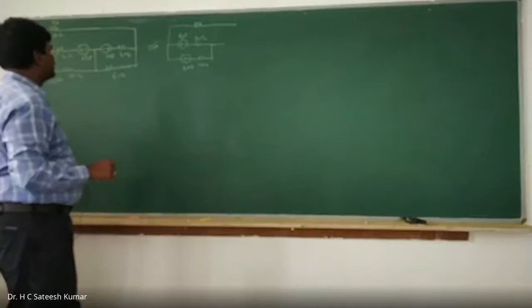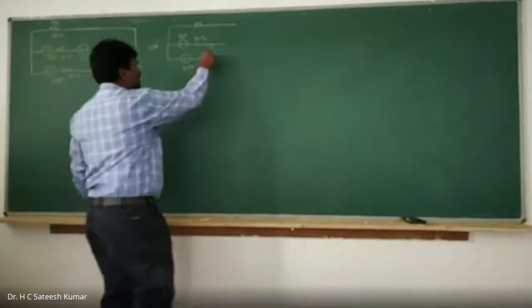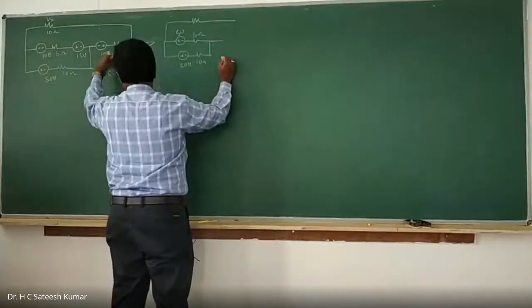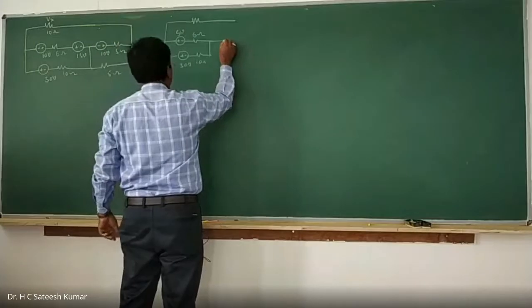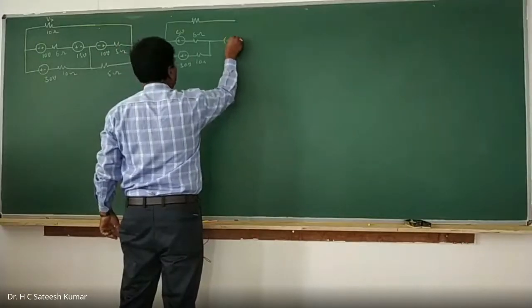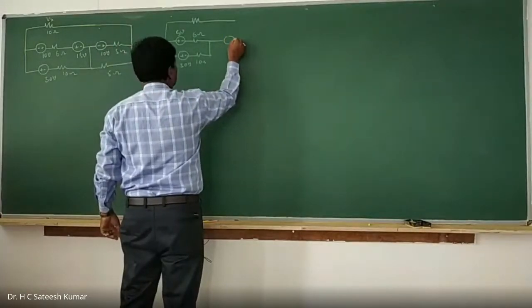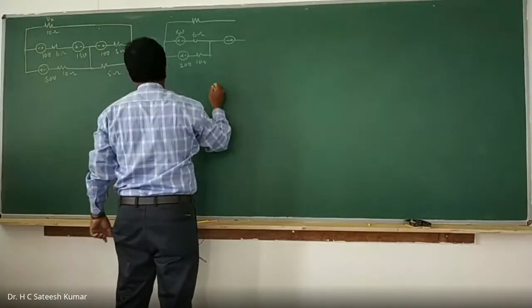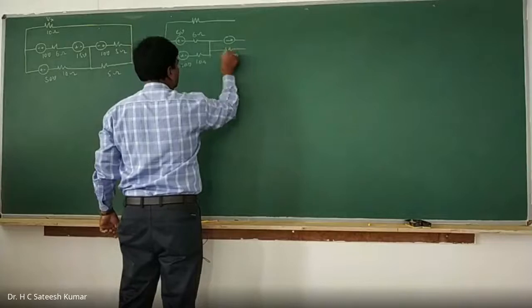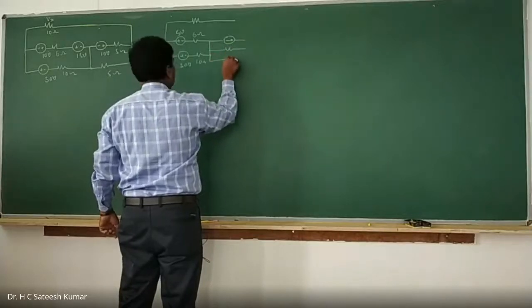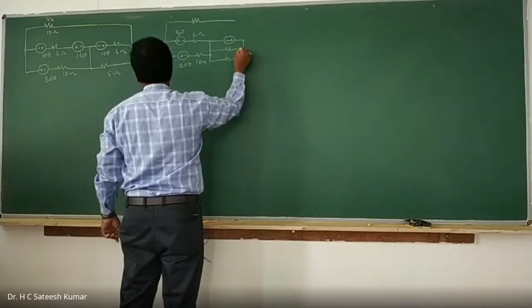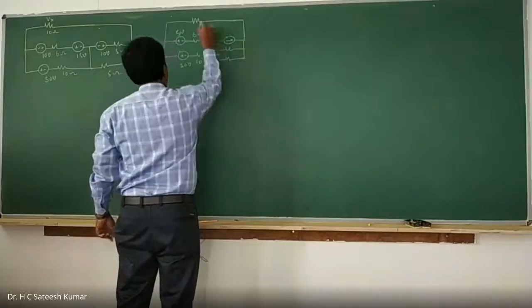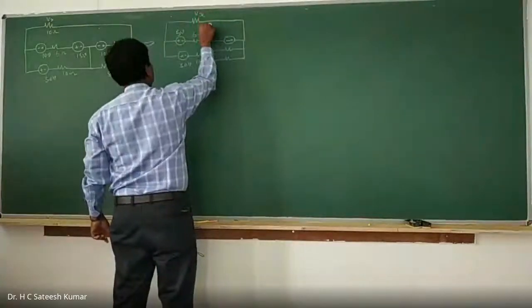And next, these two you can see, this is the same point only. These two are parallel. If you want to simplify a parallel connection, you can convert it into a current source. So therefore, we can write it as a current source, and the plus sign is on the right side. Therefore, I'll put the arrow mark on the right side, and there is a resistance, and one more resistance, you keep it. So that means that resistance you keep as it is. So this is Vx, 10 ohms.